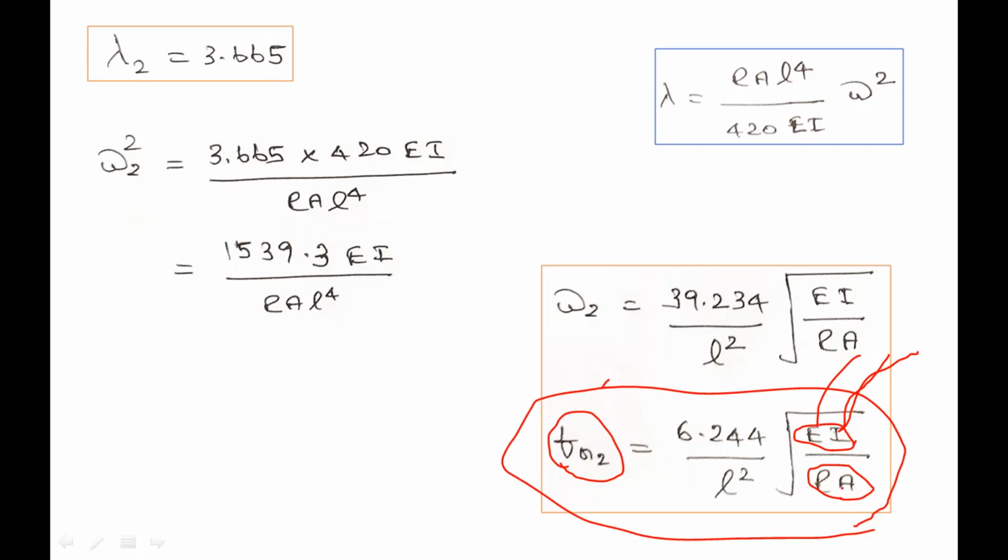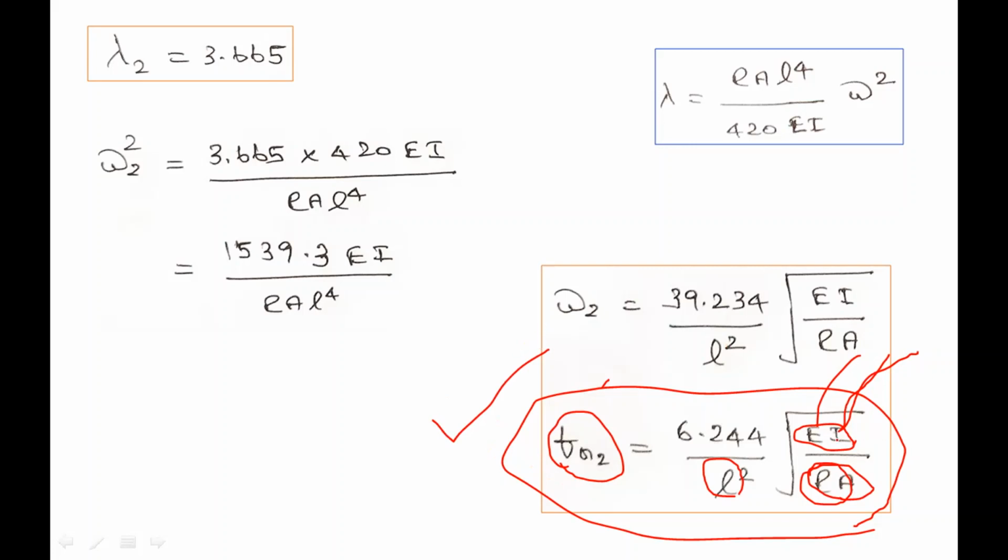Now coming to this rho, A is the area of cross section. Rho is again a material property, mass density. If the mass of the beam is very high, then the natural frequency value will decrease because it is inversely proportional, because it is in the denominator. And one more thing, take this L. What is L? Length of the beam. Length of the beam is also in the denominator, so it is also inversely proportional. When you increase the length of the beam, the natural frequency value will decrease. Based on this, we can easily control the natural frequency value of any beam.